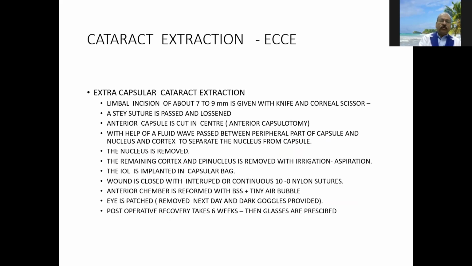So we would talk of different types of cataract surgery. Extracapsular cataract extraction, ECCE. We'll give a limbal incision